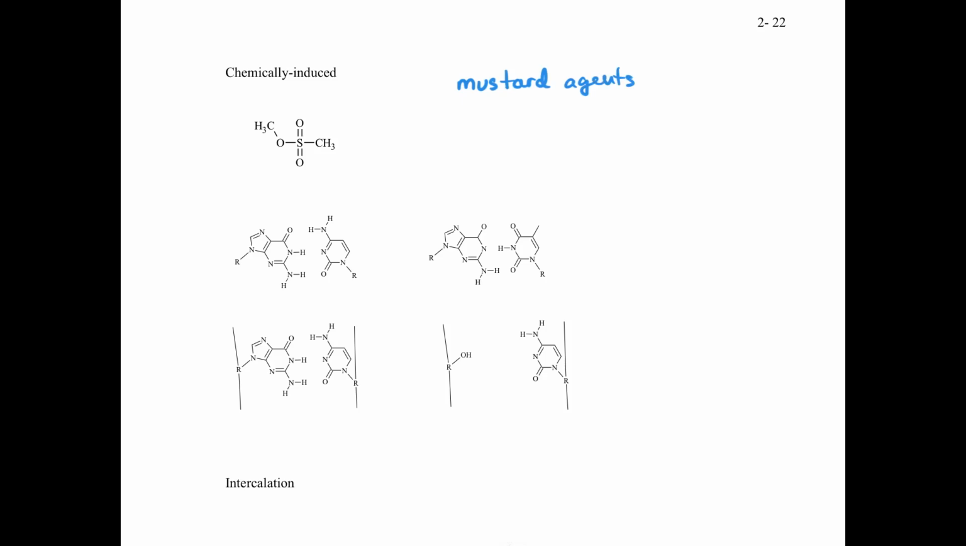And let's give an example, such as methane sulfonate. Compounds like this, by the way, are called alkylating agents because what they do is they are able to take methanes and ethanes and things like that and attach them chemically to other compounds. So over here we have the methane sulfonate, and if this compound gets into your body,